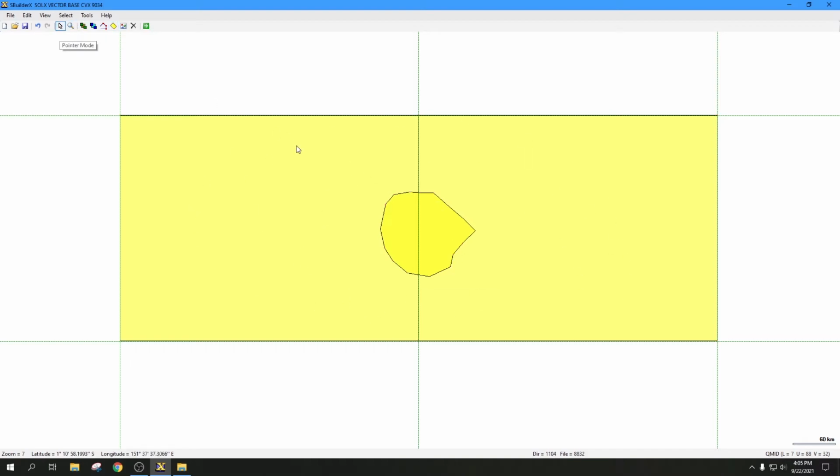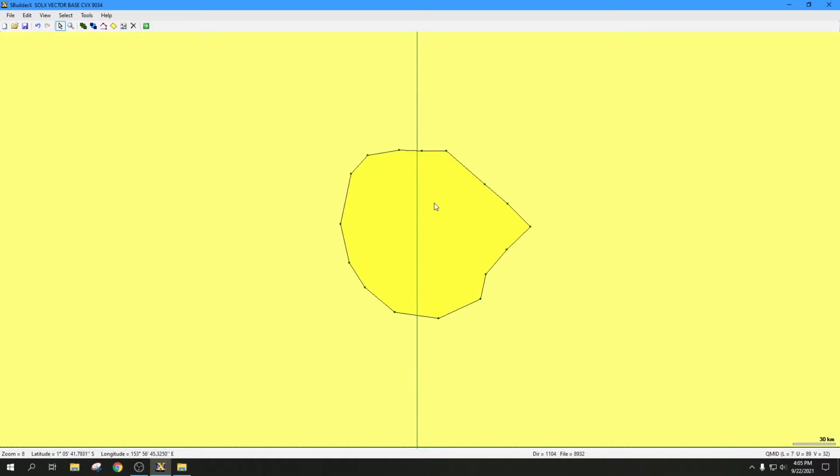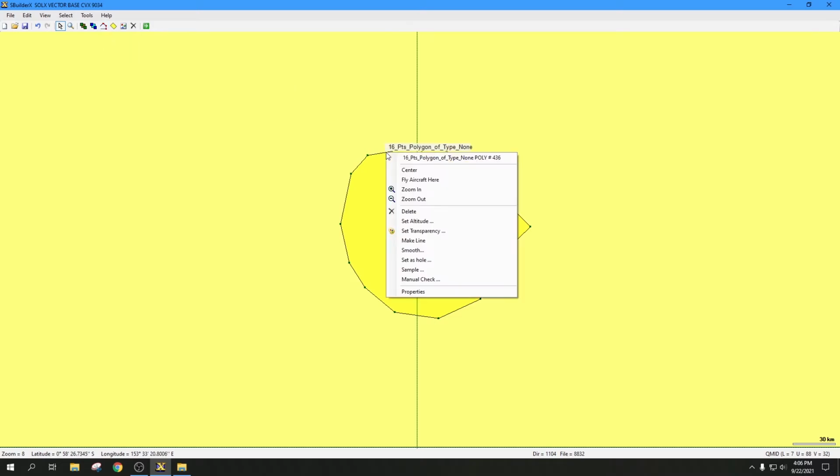The sim, how it wants vector data and most default data handed to it, is it wants it split at these QMID lines, so the data cannot overlap. So we need to split this island. We cannot leave this island whole. So best thing we can do here, and I will also cover something else that I realized I just missed on the other island. We'll go ahead and say